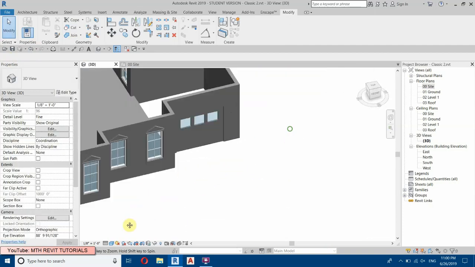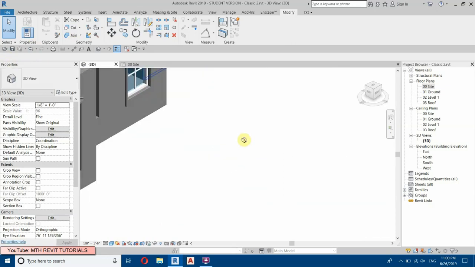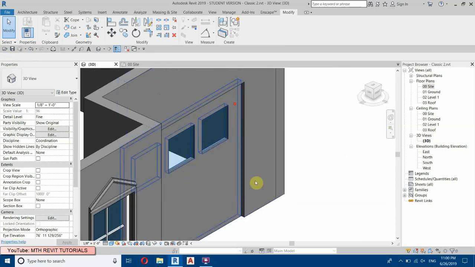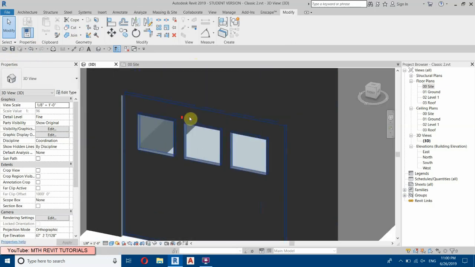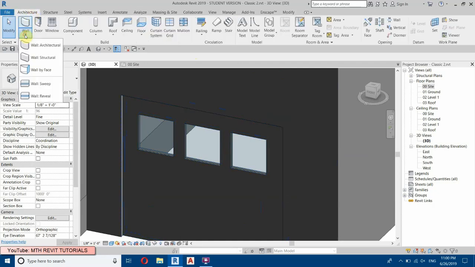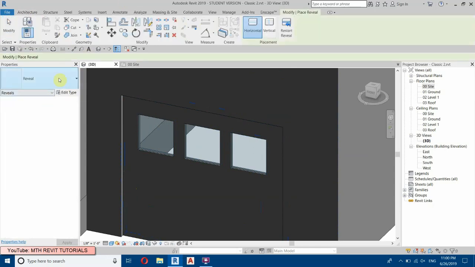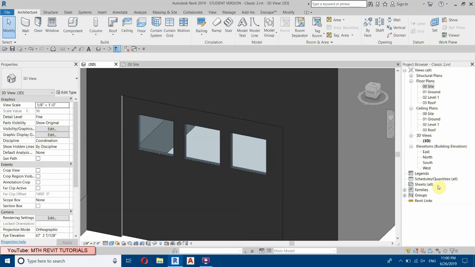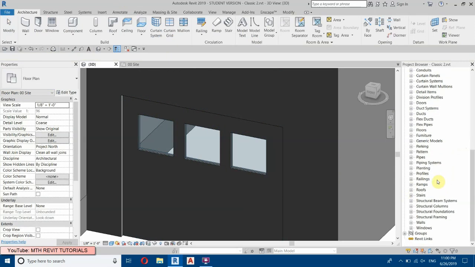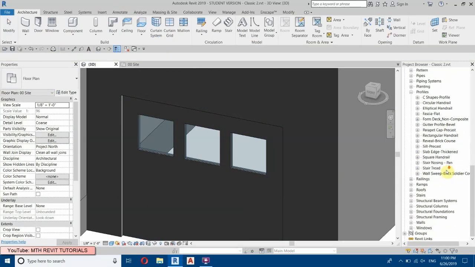So you can see we got our garage door. Let's make it more realistic. To do that, I'm going to be using a wall reveal to create some reveals here. So select the wall reveal, but maybe we need to edit the profile. You can see the profile is very big, so you just need to go to families here, then profiles,